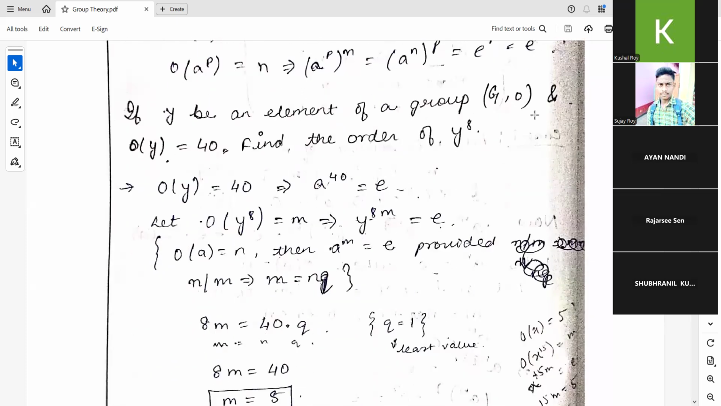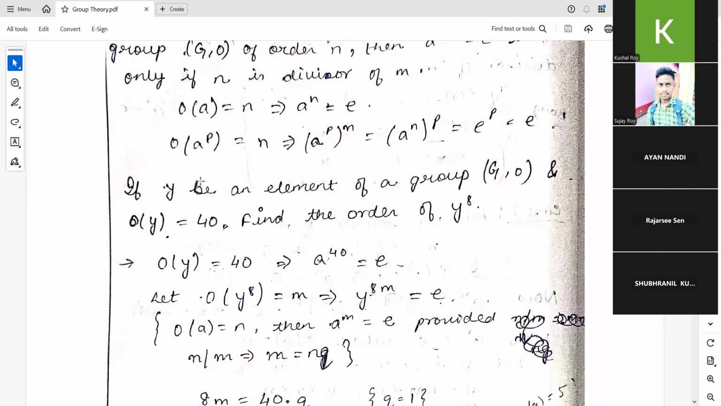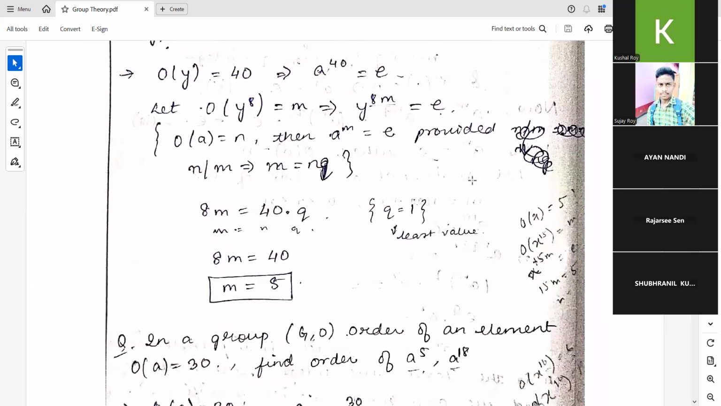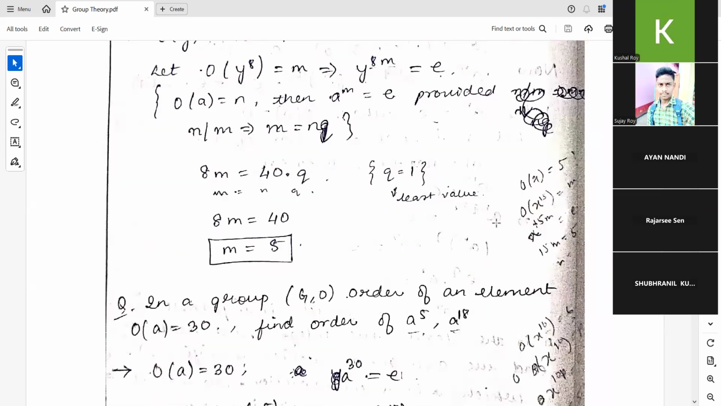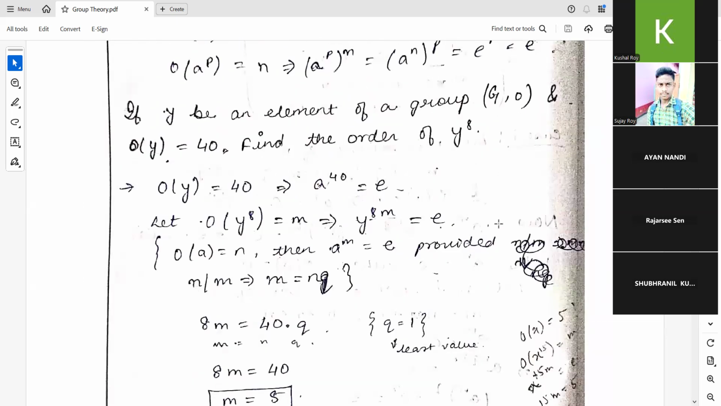So there is an example. Let y be an element of a group G and the order of y is 40. Find the order of y to the power 8. Okay. So we have to find the order of y to the power 8, where the order of y is given as 40. Okay. So since the order of y is given as 40, it is very much clear that